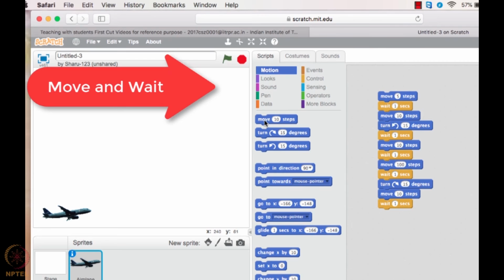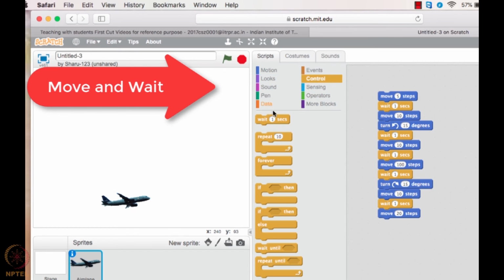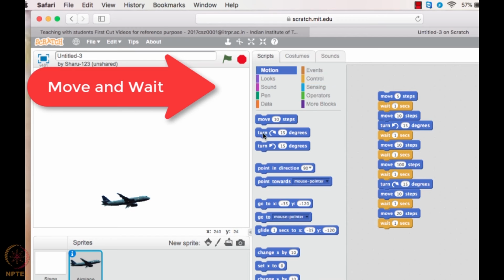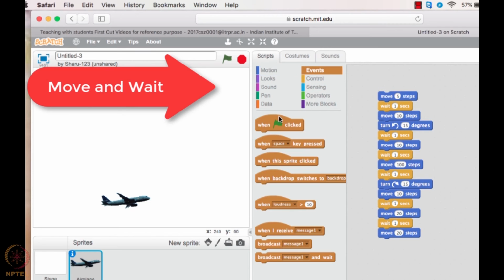I'll just write here, move 20 steps, then wait for 1 second, then move 20 steps again and wait for 1 second.